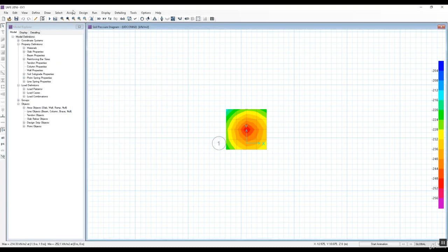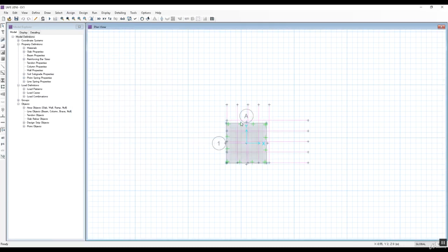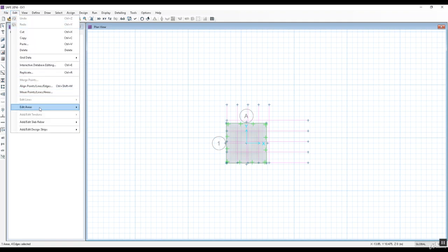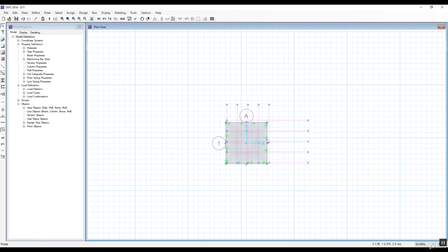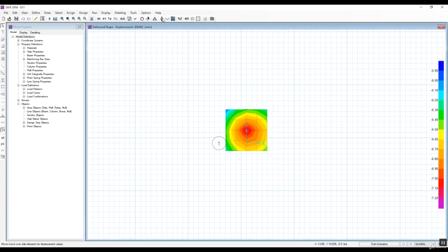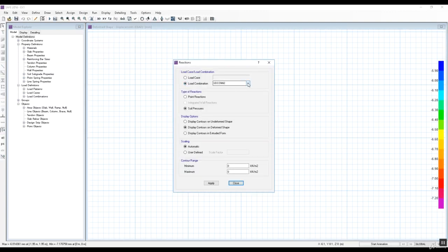I prefer to add 5 more. Don't be at the limit. Select, go, edit area, expand 50 millimeter. That means I now add 100 millimeter, 10 centimeter from each side. Run analyze and design. Then from here, reaction,